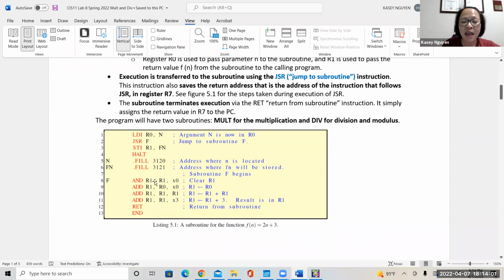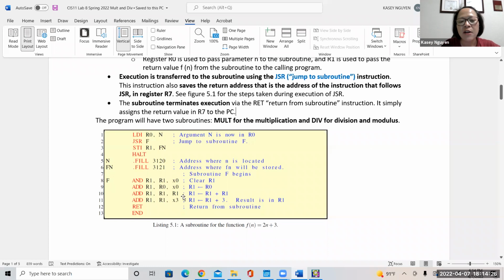So we have f of n, which is going to be R1. Now we need to bring in the n, then double it, and then add 3 to it. So it is a sequential process that you're going through in the function definition. Step by step, you have to really piece that function together